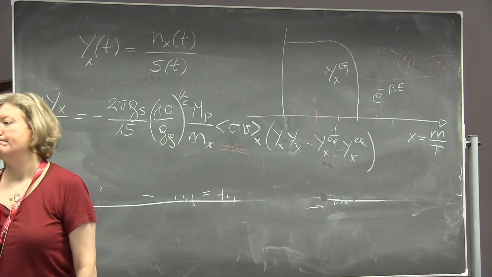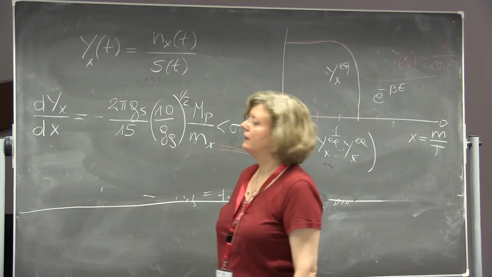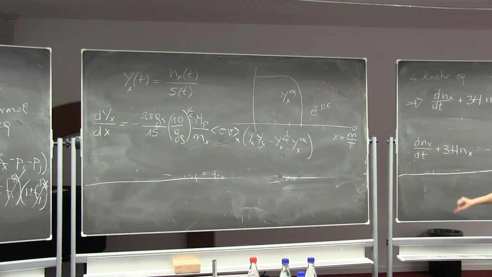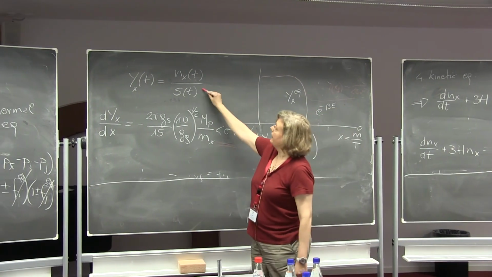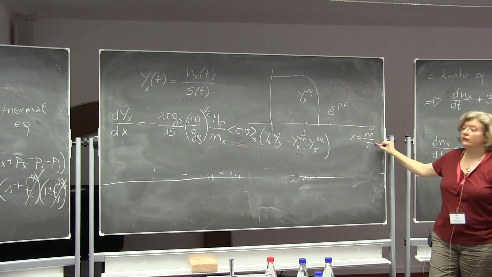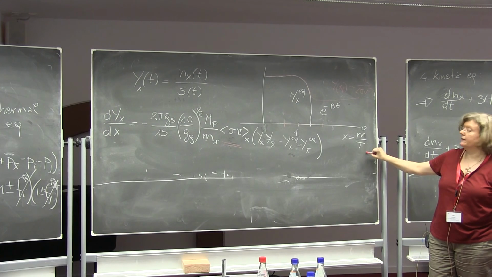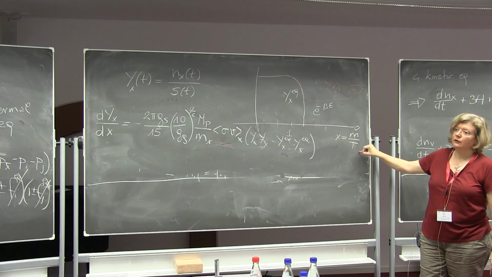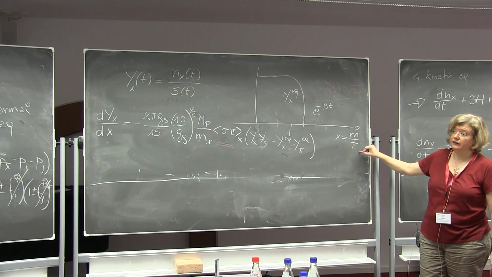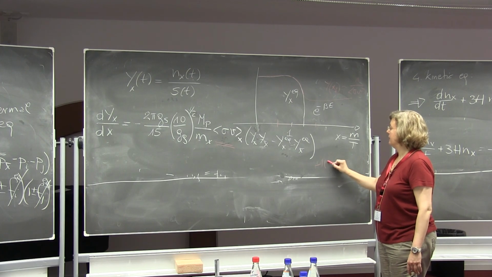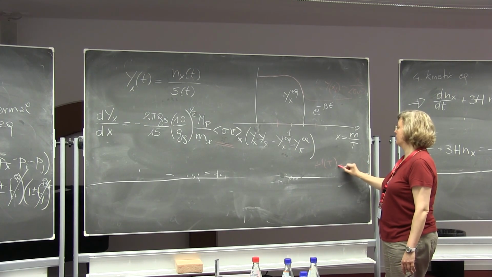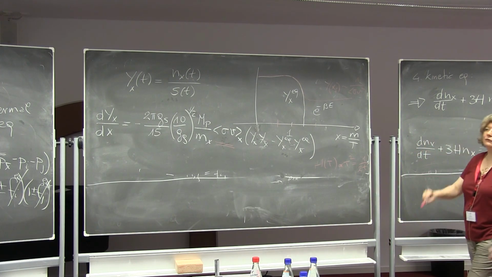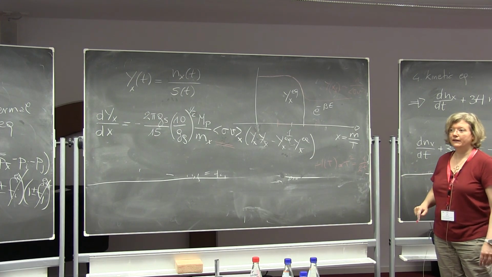Yes? So basically, this relation follows from this relation. Yes, this equation is written as a function of the variable y, and the variable y as a function of the variable x, which is the mass over the temperature. And of course, I am using the relation between temperature and time, which I obtained from the Hubble parameter. If you remember, I had Hubble of t, which is proportional to t squared. This is equal also to 1 over 2t. One is temperature and one is time. So we are using